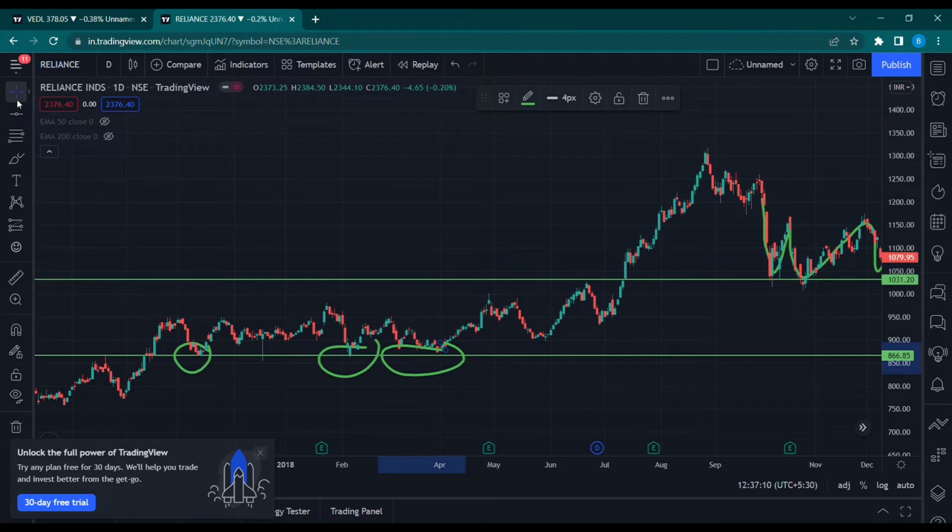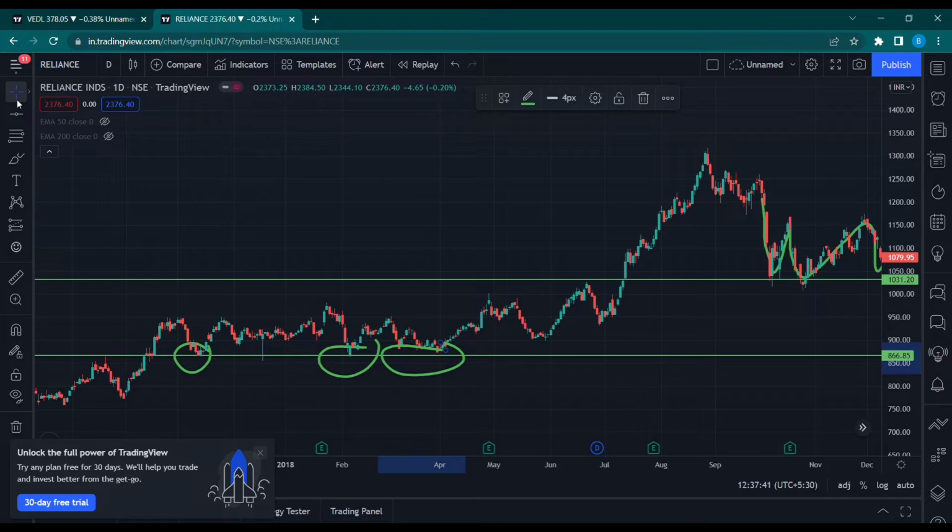So what does it mean when the prices bounce off from the support? It means that buyers are active at around the support levels and are interested to purchase the stock when it comes down to support level prices. If I were to talk about the dominance of buyers, it is much higher when the prices are at support levels, because a huge buying interest comes in at these levels.